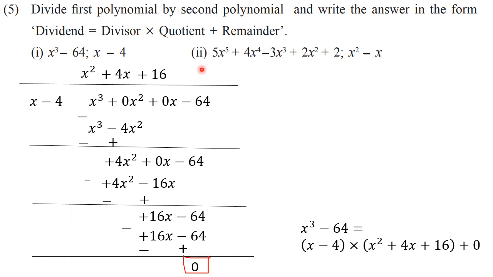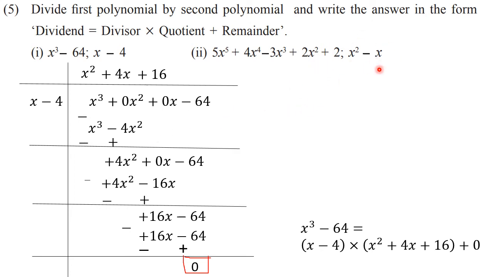Similarly, now you will solve the second one as homework. See, this is your dividend. The degree is 5, so you should have 6 terms. 1, 2, 3, 4 and 5. Here only 5 terms are there. One term is missing. The term with x is missing. So with that you have to add here in the dividend.